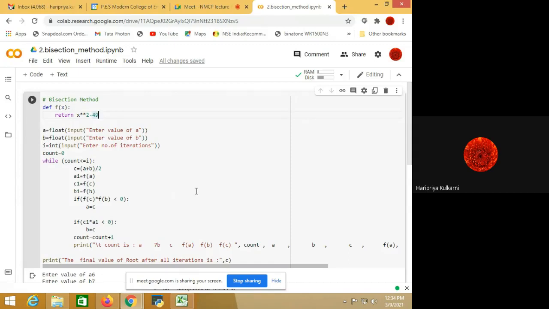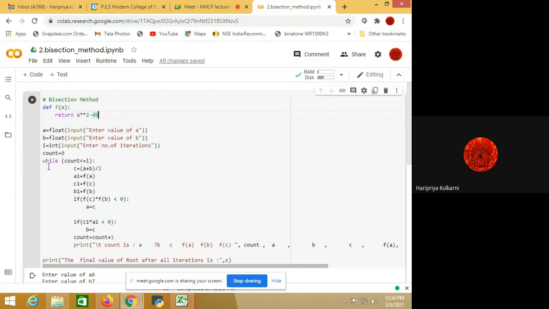Now one more thing we need as an input is the number of iterations. Let us say that is stored in variable I. The number of iterations is not going to be fractional, so I'm taking the data type as integer. So it is int, which is a keyword. So I equal to int input, enter the number of iterations. The user may select any value, say 5, 8, 10, like that. So that number of iterations will be stored in I.